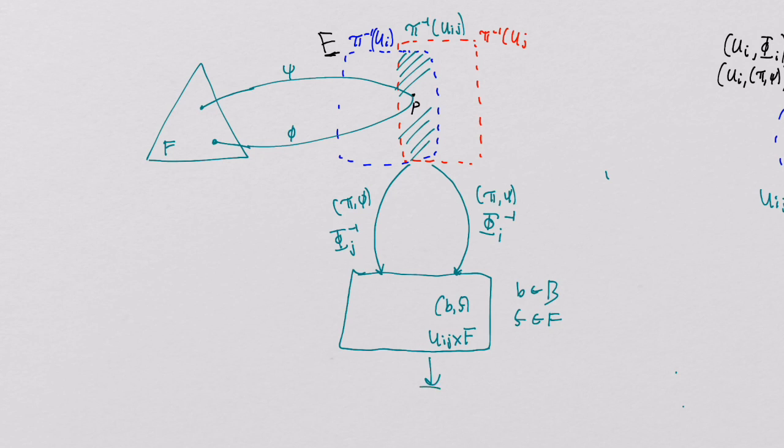Well, I could just create a mapping to F directly by simply taking BF just to F, right? So there's just different ways of expressing where you want to go from the total space, but ultimately you end up in the same place, because the only difference is whether or not you're going to carry around the base point. But the bottom line is that any point inside this intersection can be mapped directly to the fiber, and